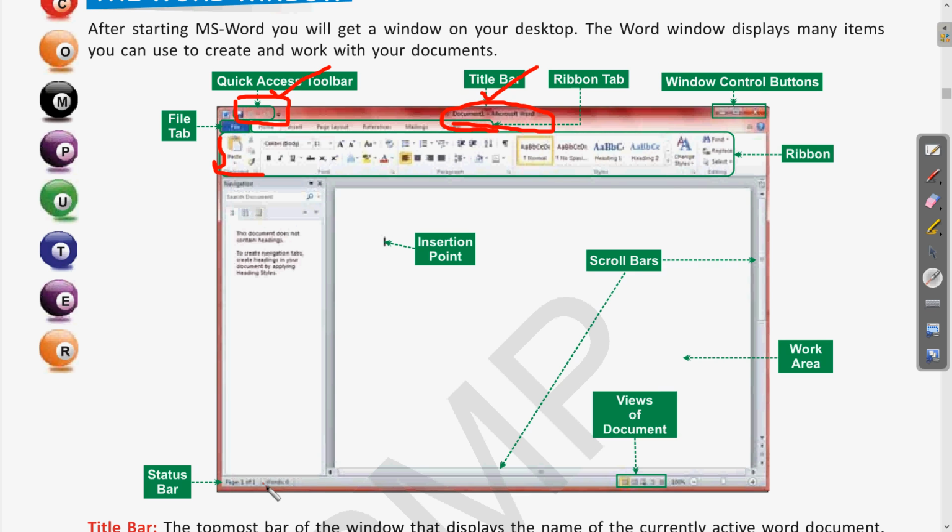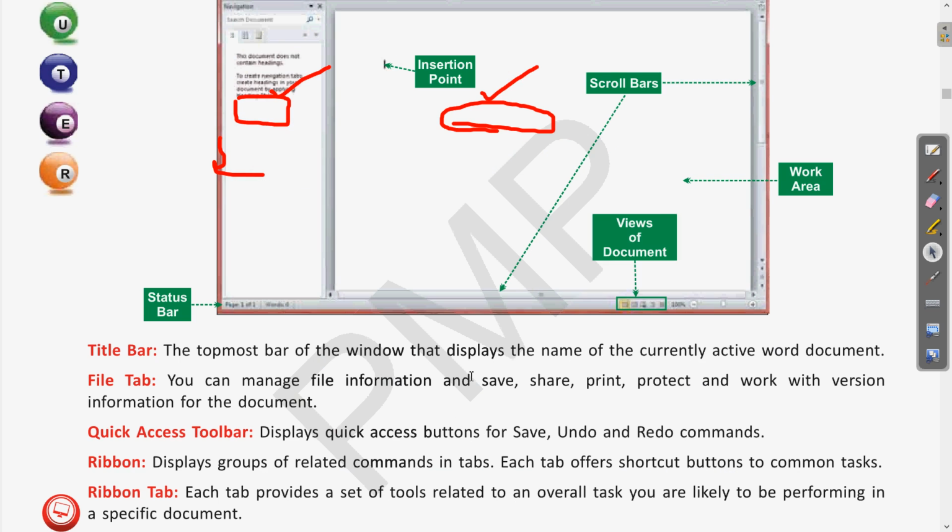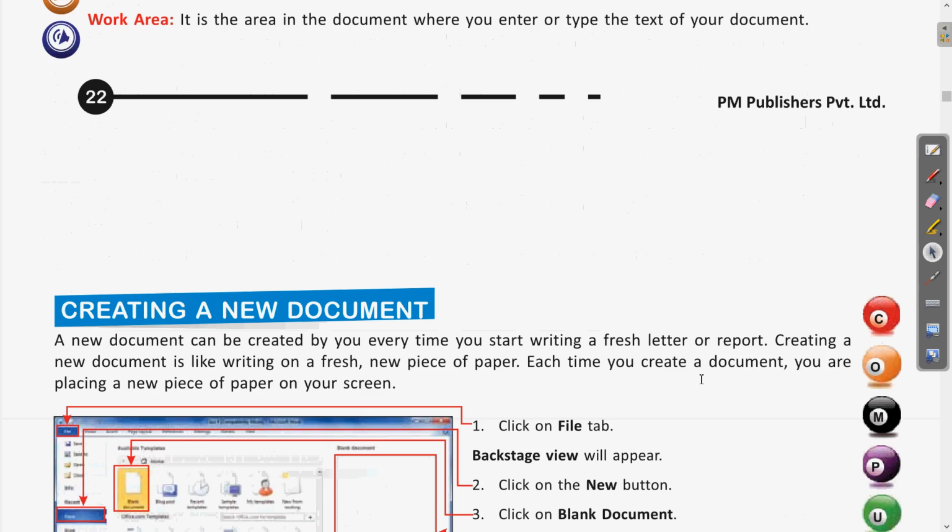The views of the document are also at the bottom, where the different views are visible. We will talk about them when we describe the other views of the document. We saw all this in the previous class one by one, and also did the practical and saw how to find these in the software window.